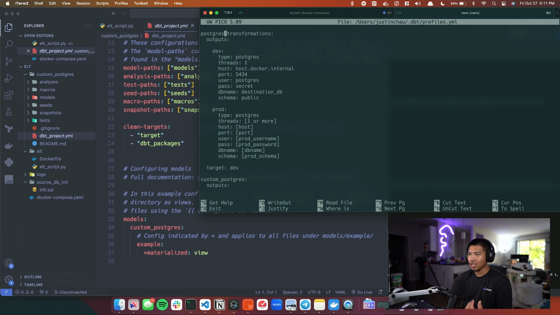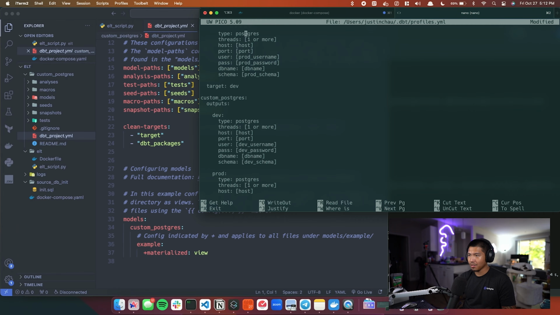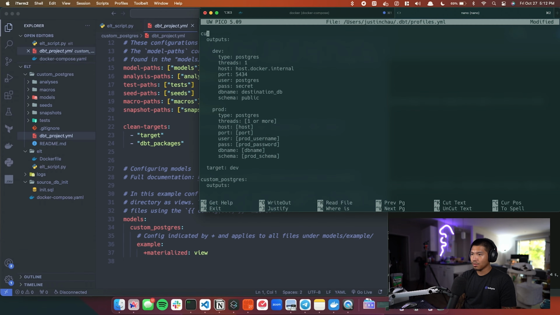I'm going to go ahead and change this because this is now different. So what I've done now is I'm going to change the name of this because it's no longer Postgres transformations. That's what I normally did. This is going to be custom_postgres. You can see it's done that down here. Actually, you know what? I'm probably just going to do that instead. I'm going to Postgres. So now that we're inside of this folder, you can see that I've already done this